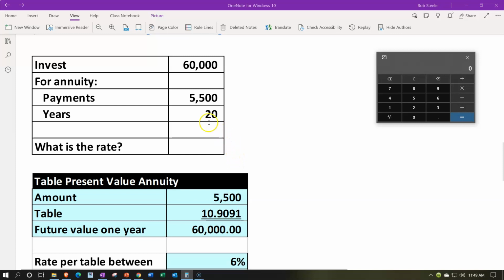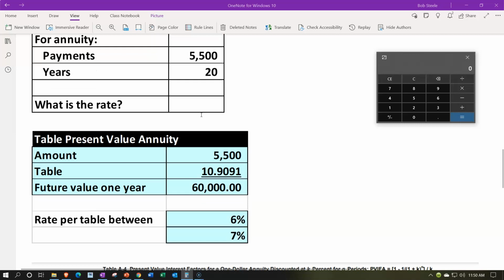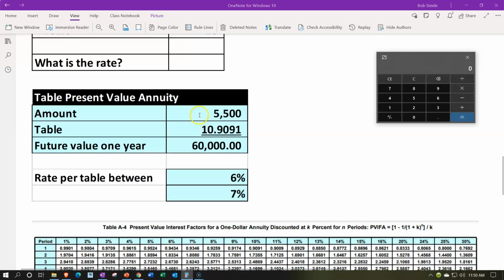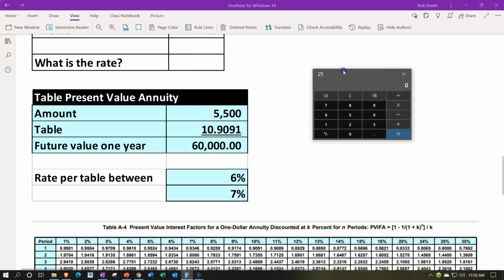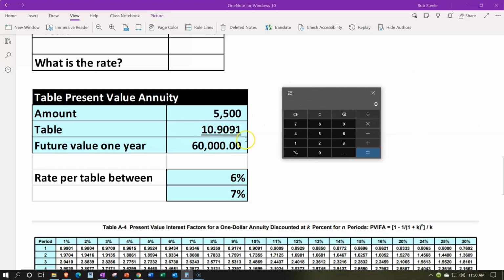So if we look at this, we'd say, okay, well, there's 20 periods that we have up top, and so we know that on the table. We don't know the rate. We do know, if we look at our calculation, the calculation would typically be the 5,500 times the amount from the table would give us the end result of that 60,000. We don't know the amount from the table, but we know the 60,000 and the 5,500. So we can actually back into this 10.909. We could do that by taking the 60,000, which we know, divided by the 5,500, and there's the 10.9091. So once we know that, we can then go to the table and say, well, can I find that